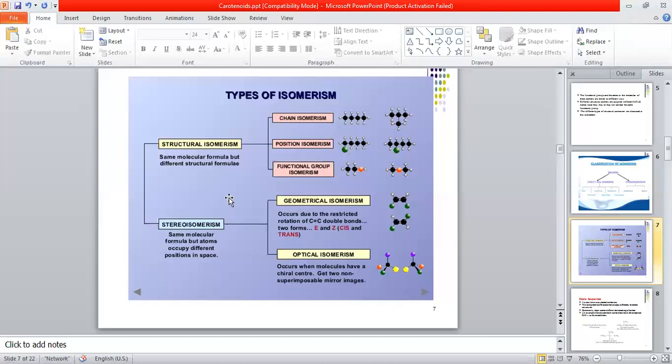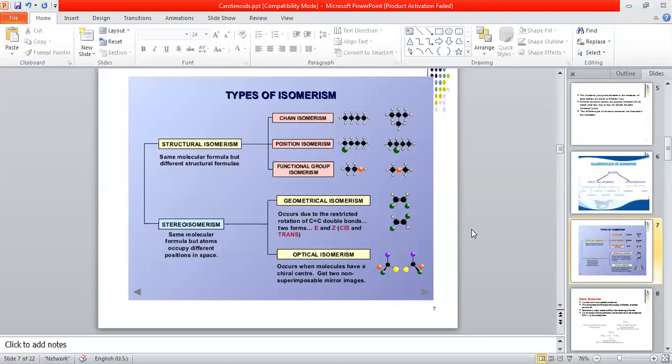Functional group isomerism means, where you can see this one in red color is the oxygen atom. In this first example, you can see CH3, CH2, OH. Oxygen is red color, white color is hydrogen, and black is carbon. In the second example, again the black one is carbon atom, hydrogen is white, and the orange one is the oxygen atom.